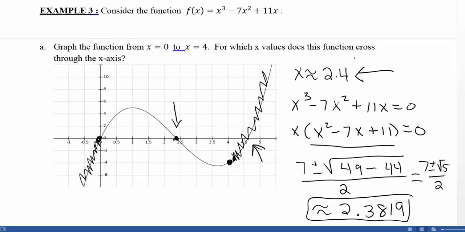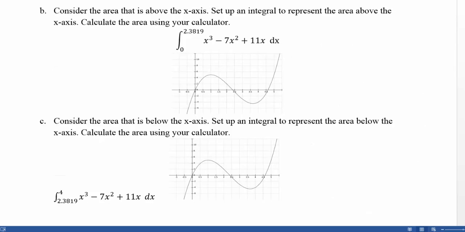So let's see what else we want to do with this function. Part B. Consider the area that is above the x-axis. Set up an integral to represent the area above the x-axis and calculate the area using your calculator. Notice that the area above the x-axis happens first. So it starts at 0 and goes all the way until the point where we cross through, which we solve to be